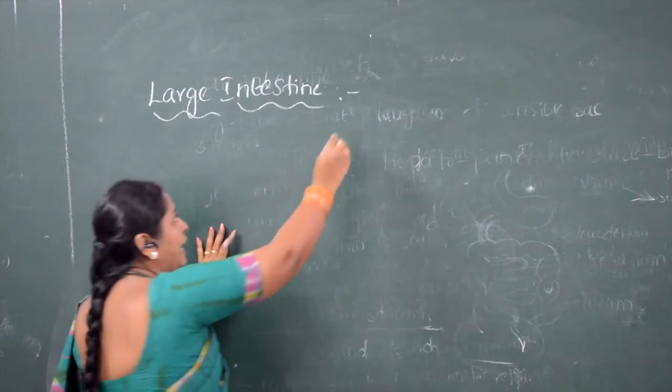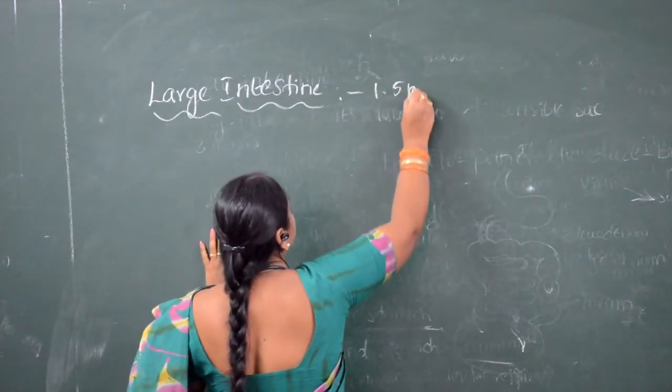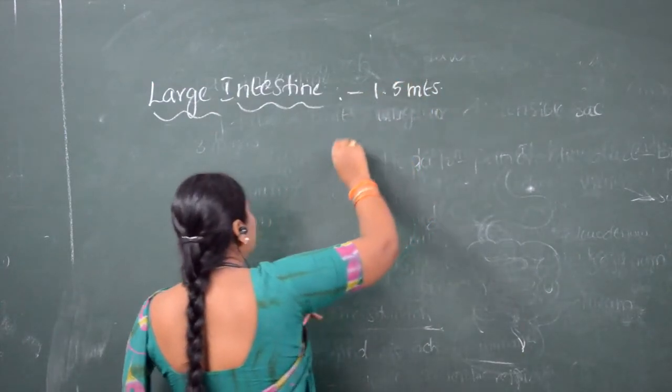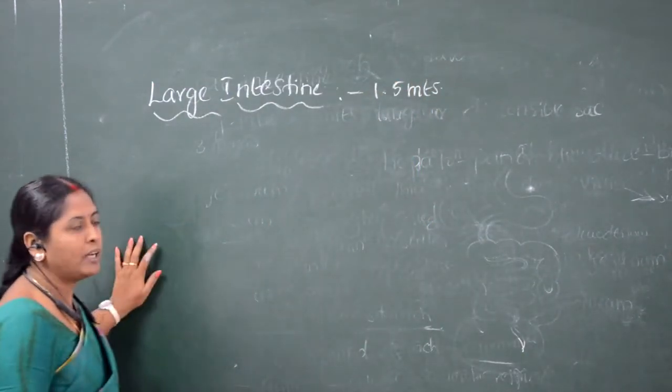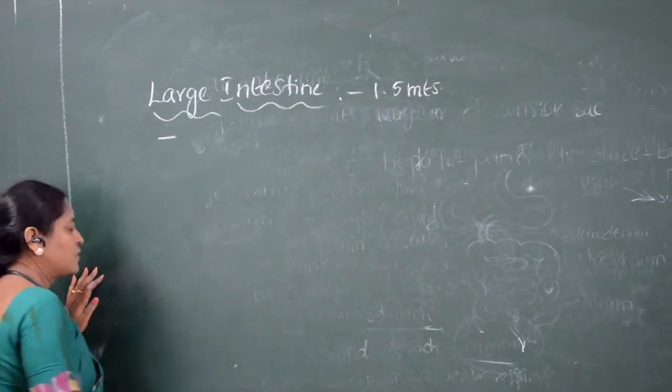The length of the large intestine is 1.5 meters. The main function of the large intestine is